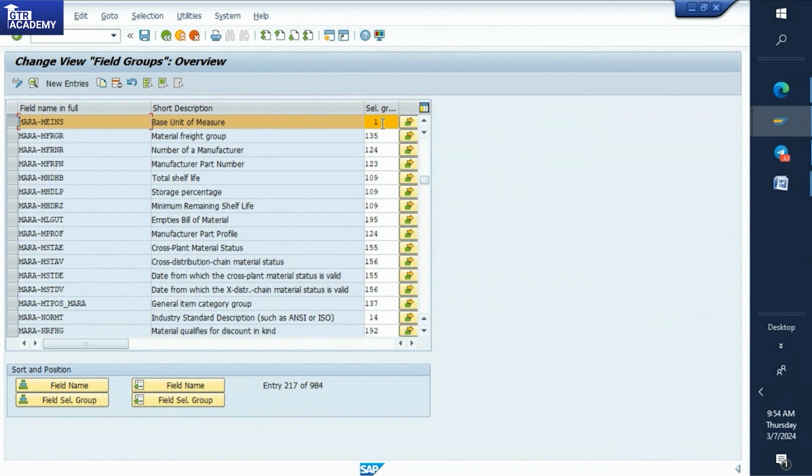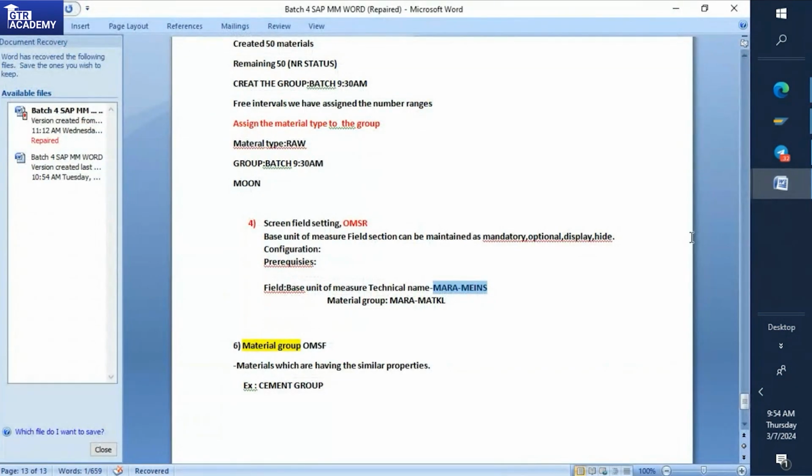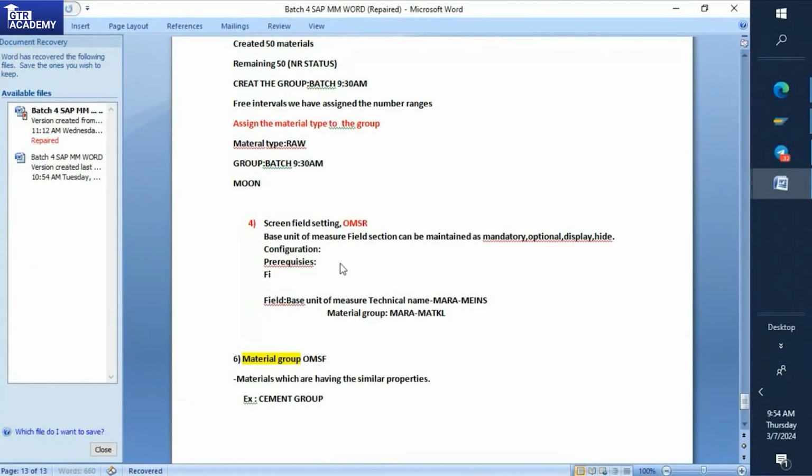One more thing I have to tell you, I'll write it down here. In the field selection, we have selection group numbers from 1 to 240. Okay, we have field selection groups. This is also one of the